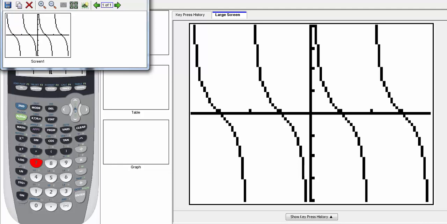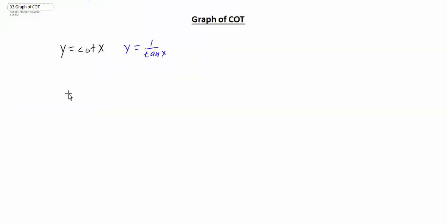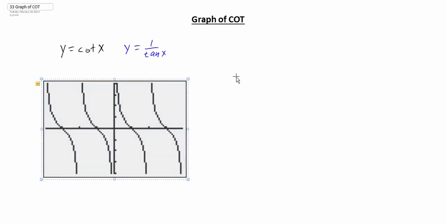So if we copy this and move this over, we have our cotangent. Again, we see some similarities. If we mark off here from 0 to 2 pi, we have pi over 2, then pi, and this point would be 3 pi over 2. And once again, just like with the tangent function, we still have some vertical asymptotes, but the vertical asymptotes have moved compared to the tangent function, because if we look at the cotangent,